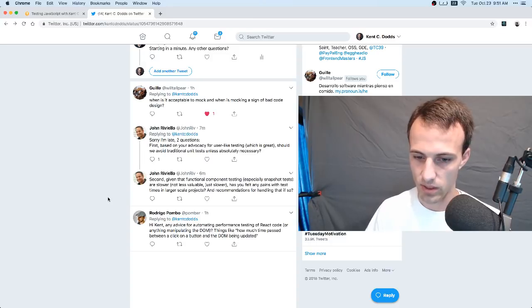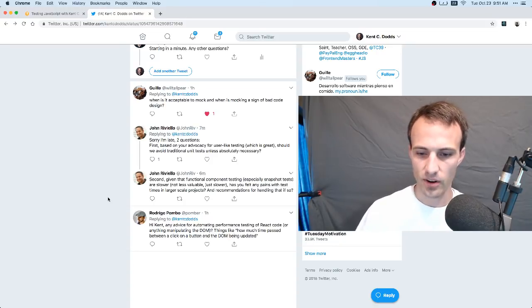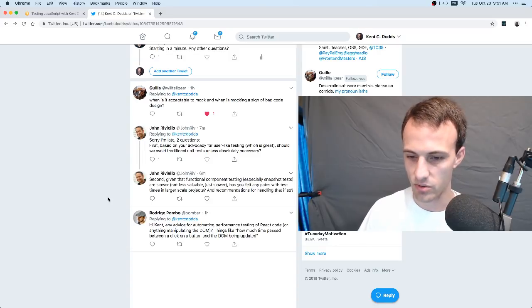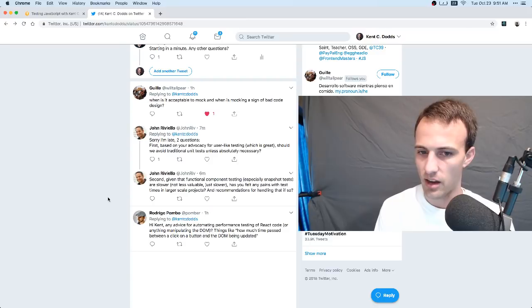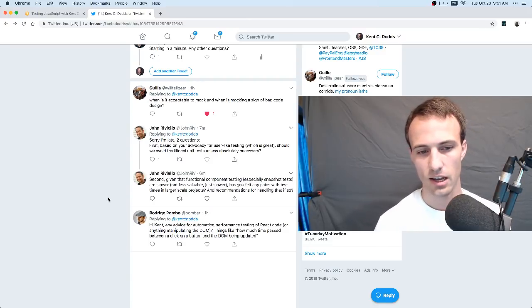I'll test the stateful ones, or the ones that use state, I guess. So as far as snapshot tests, I don't really use those either. I should mention that as well. Most of the time, I find snapshot testing to be a bit of a drag on performance, and so I kind of recommend against,